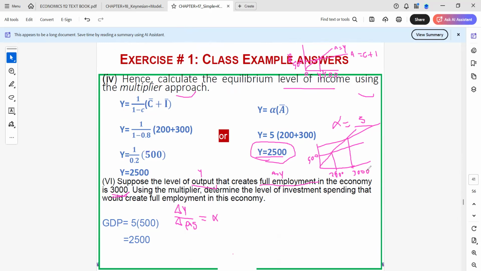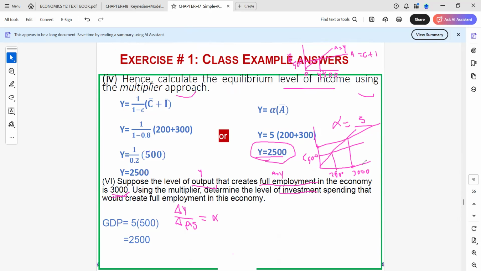3,000, right? And then they want us now to determine the level of investment that would create full employment. So we just need this change now. To create full employment, what level of investment spending will create full employment, right? Because investment is autonomous, so from this 500, we have to add something to get the figure that will be here, that will create this full employment